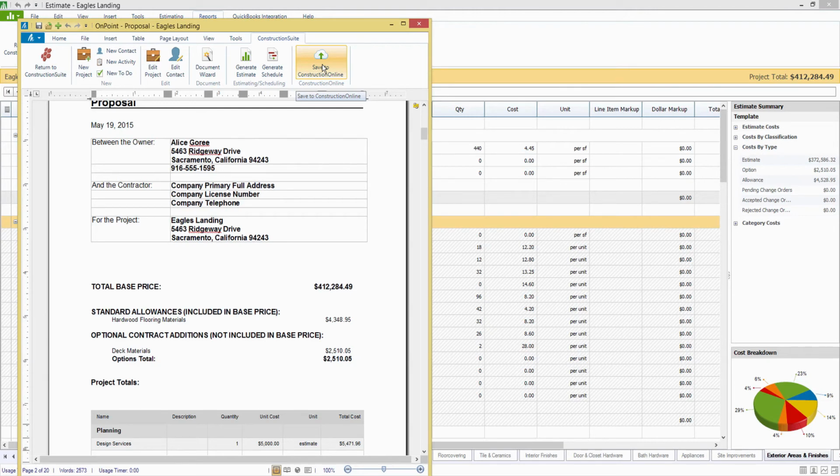So they would access that through your public profile, which is basically a website that is included within your membership to ConstructionOnline, and they have access to whatever you've chosen to show with them, whether it be documents like we see here, contracts, so you can share the budget with them. Schedules will pull into their calendar if you choose to. They can even make decisions on change orders or design decisions through our selection picker. Anything that you need to share with them, you have full control over, and they'll be able to access for